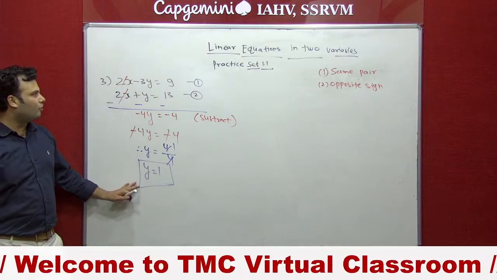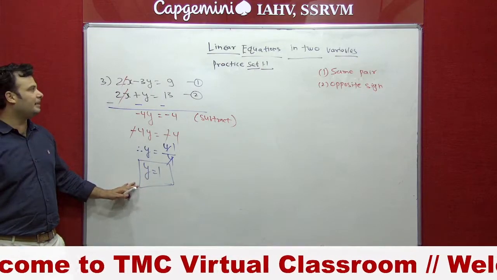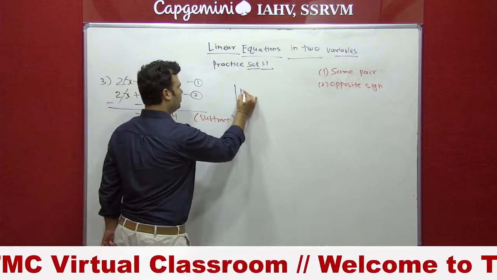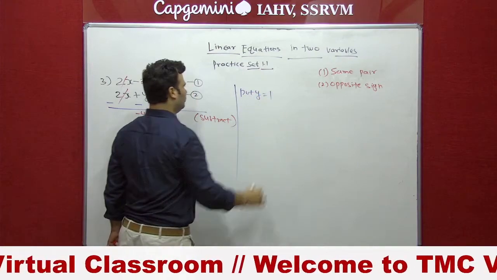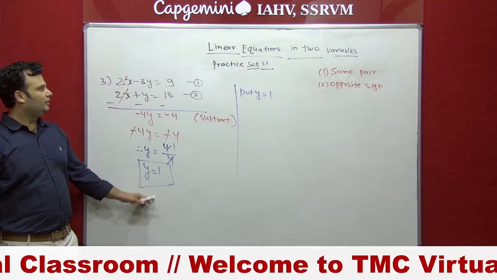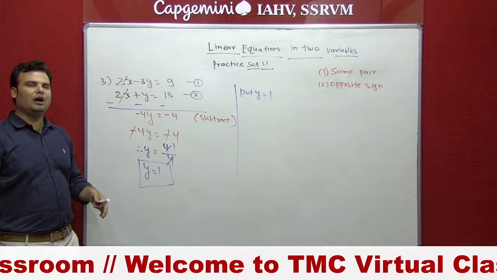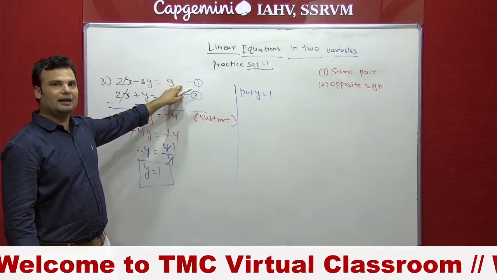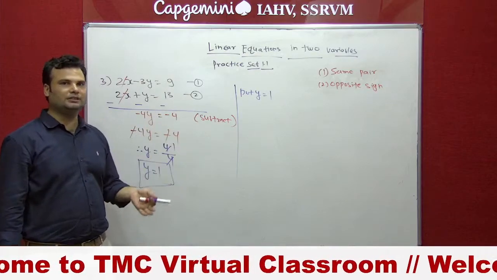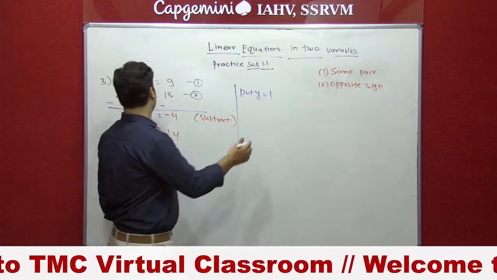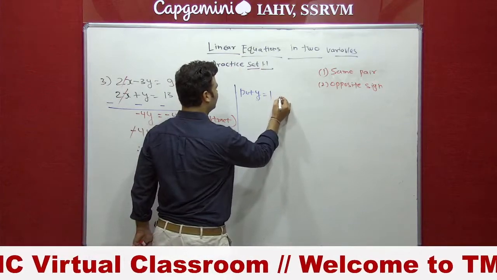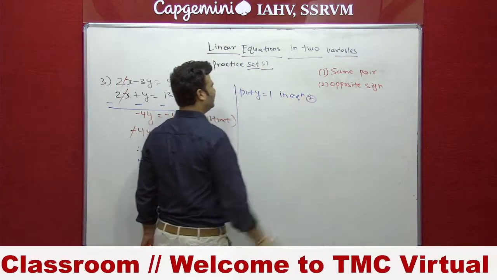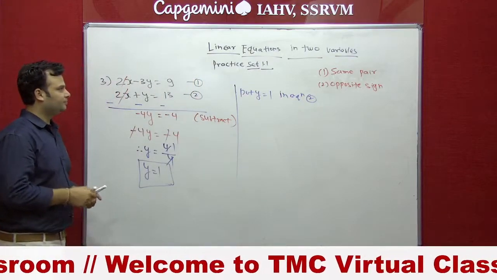So we have the value of y, but we require the second variable, that is x also. So we can put in equation number 1 or 2, it is your choice. It is not that only putting in 1 will give the answer. If you want to put in the second, you can put in the second. Answer the same. So let me put y equal to 1 in equation number 2. Let's check what comes.